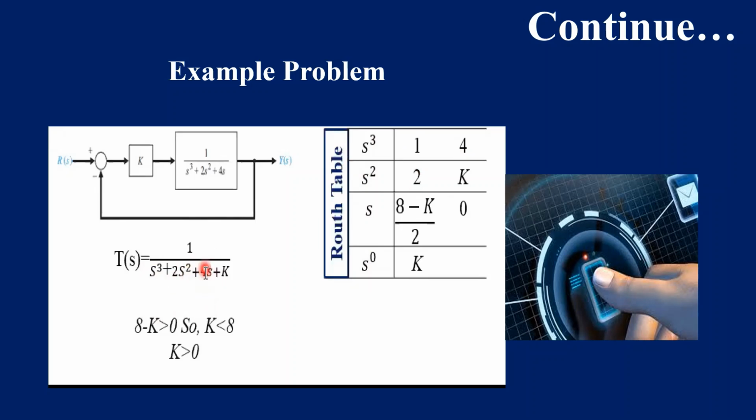After this, skip this value and write down k in the second row. Then I will take the negative determinant of this whole element and divide the negative determinant by this digit 2. So if we take 8 minus k greater than 0, then k is basically less than 8. If we increase the value of 8, then our poles shift towards the right half plane, meaning our system becomes